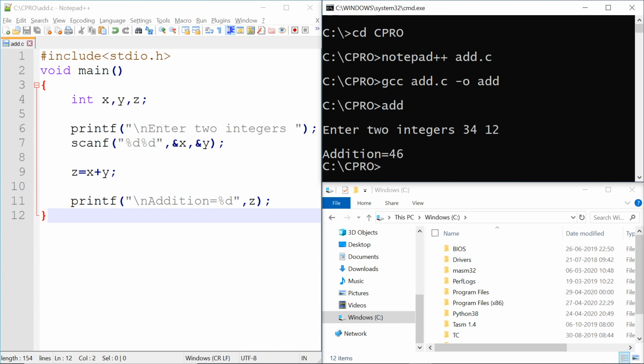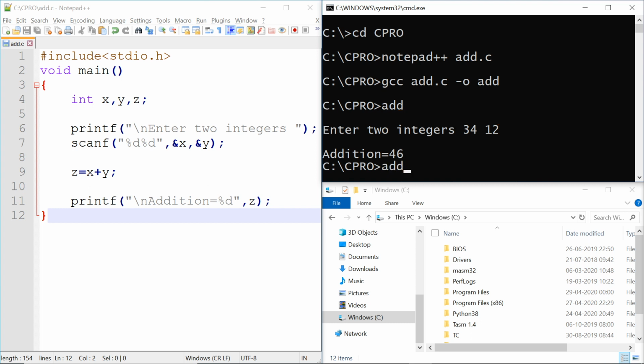So what if I want to provide these two integers in the command line itself while calling the program for execution? Those arguments are called command line arguments. Let me explain.